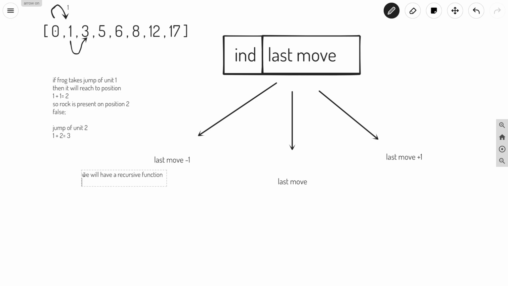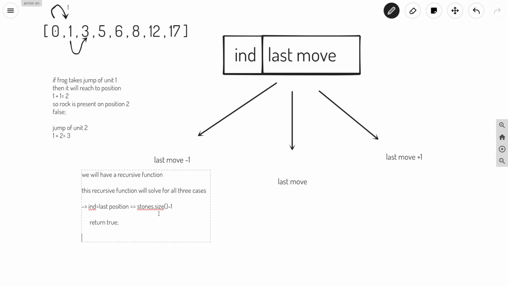This recursive function will solve for all three cases and return true or false. If the index is equal to the last position, which is stones dot size minus 1, that is, if it is able to jump onto the last stone, then we will just return true.